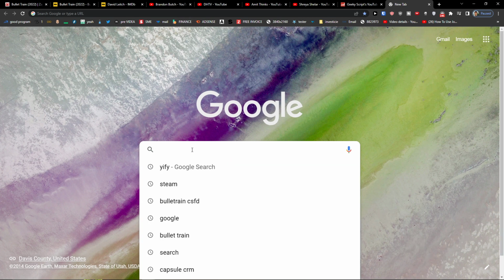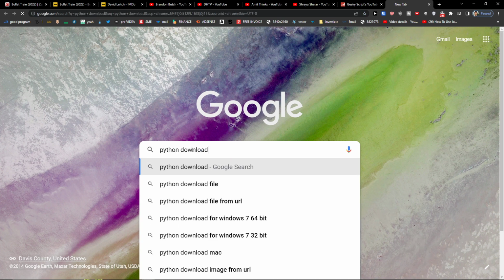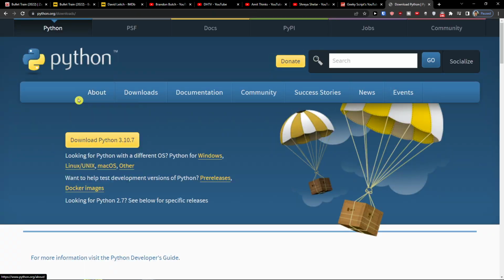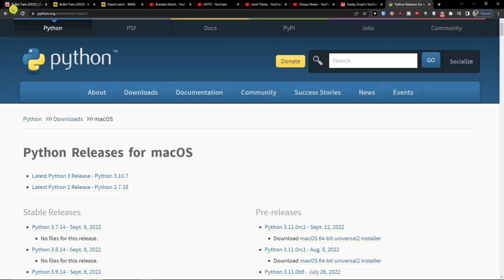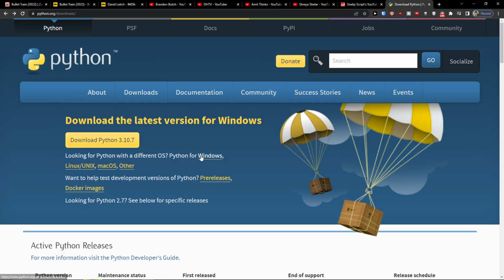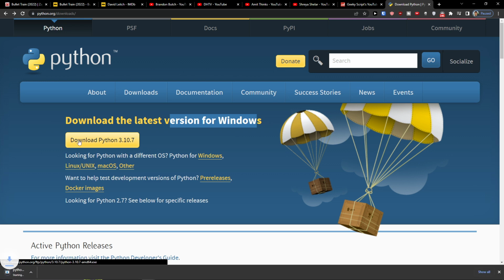So what you want to do is right here, Python download, and then you will get right here download Python. When you're here, you're going to have the latest version. Click here on download and you can simply see the different OS for Windows, Linux, Mac OS or other, so you're going to switch if you need Mac OS here, right? Or we're going to download for Windows. I will click here,